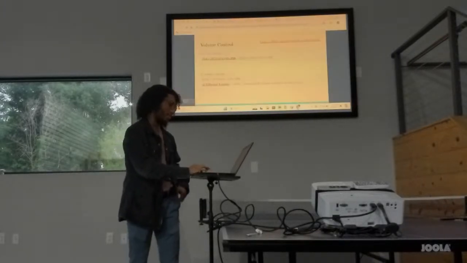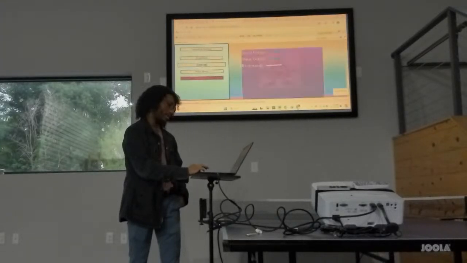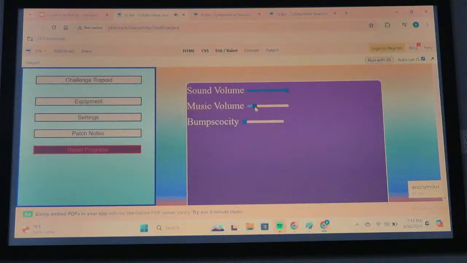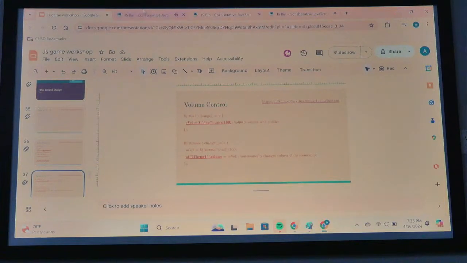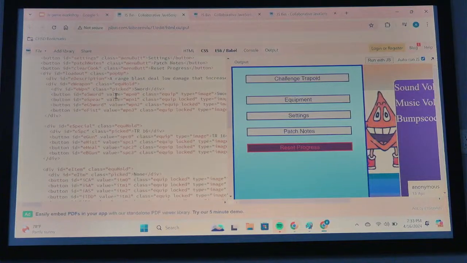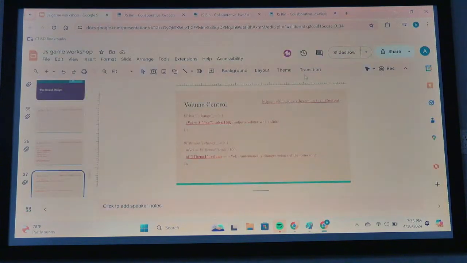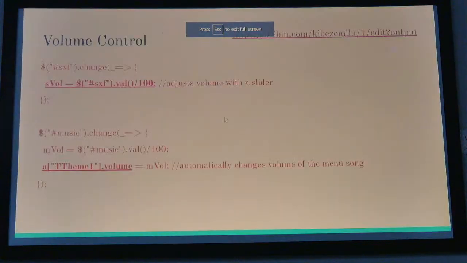And there is volume control in the settings. So you go here and change anything. There's a slider in the HTML. This one, with the input and its range. So there are general volume variables, one for the sound and one for the music, so they're separate. And then in the case of the theme, the menu theme,